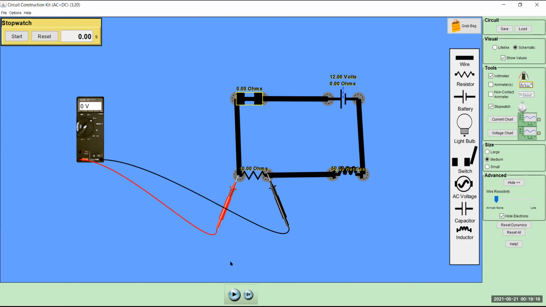So I know if I let go of the time, that at some point, when I wait long enough, this voltage approaches 12. It's not going to be exactly 12 because these wires also have Joule heating. They have a finite resistivity. So it's not going to be exactly 12. It's going to end up being 11 point something, depending on how big these things are. Anyway, so I'm going to